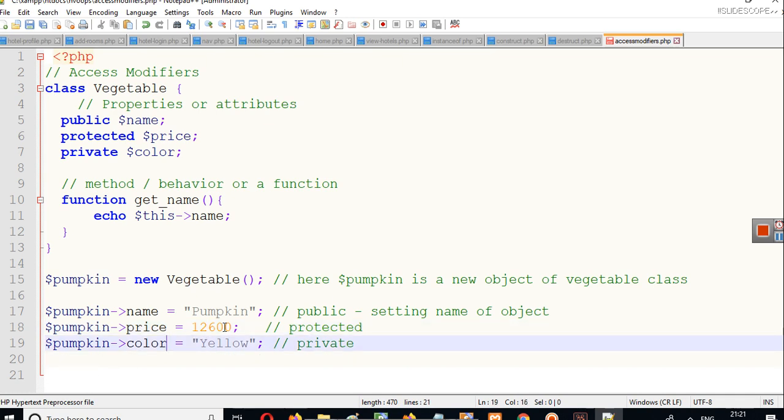Let's say this is the price of 100 kg of pumpkin. It can be anything. Now you can see some properties are public, some are protected, and some are private. Protected properties can only be accessed within the class and by the child class objects, which we will see in upcoming chapters.